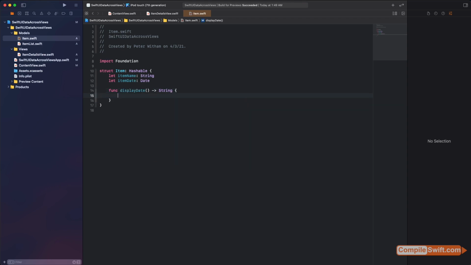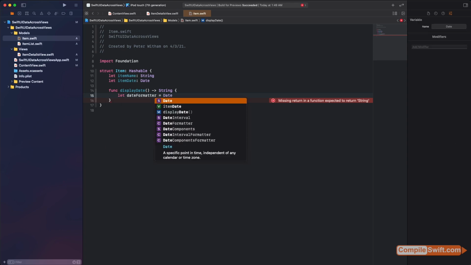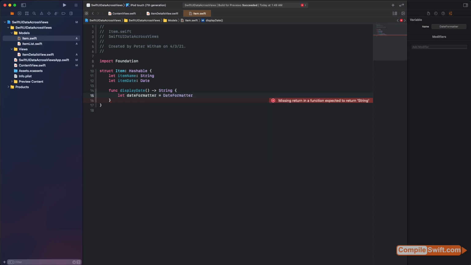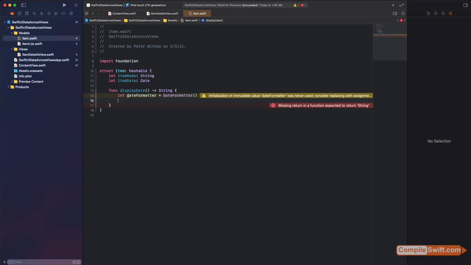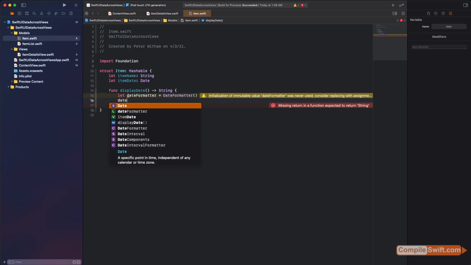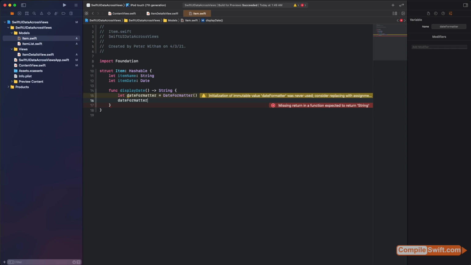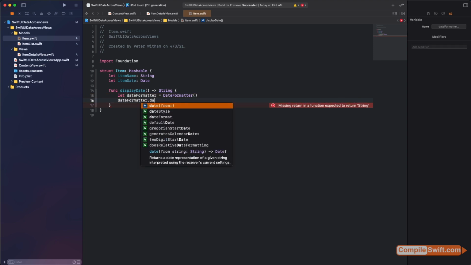And there's a couple of things we need to do here. First of all, we need to create a new instance of our date formatter. So we're going to say let dateFormatter equal DateFormatter, right? So we've got our new instance there. It's okay for it to be a let because we're just going to use it to pass a string here. Next thing we need to do is set up the format to display that date. So I'm going to say dateFormatter.dateFormat